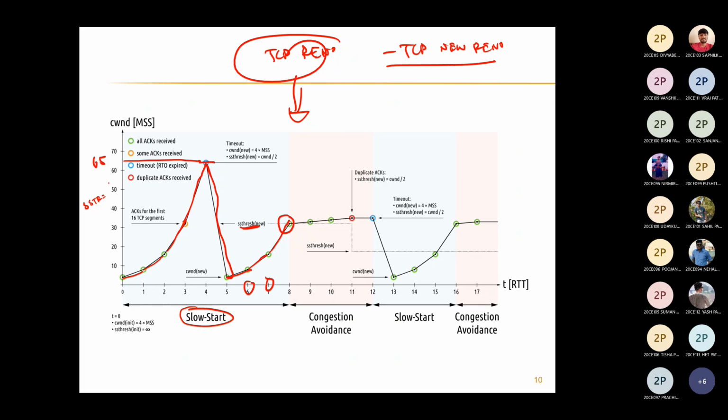equals the congestion window where you experience a timeout, divided by 2. So 65 divided by 2 is 32.5. That will be your SS thresh. Then from SS thresh you will start additive increase. Again, if you experience packet drop, again go down to the SS thresh. Till SS thresh you have exponential increase and then slow start.